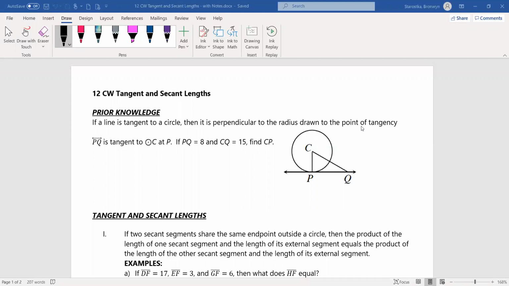So for prior knowledge, if a line is tangent to a circle, then it's perpendicular to the radius drawn to the point of tangency. So if we know PQ is tangent to the circle at point P, then we know we've got a right angle here. And if PQ is 8, and we know all of CQ is 15, and we wanted to find CP, how would we find that? Of course, we would use our Pythagorean theorem. So CP is